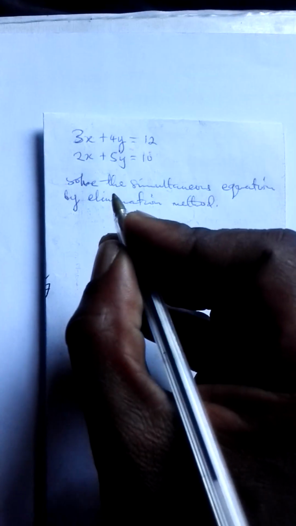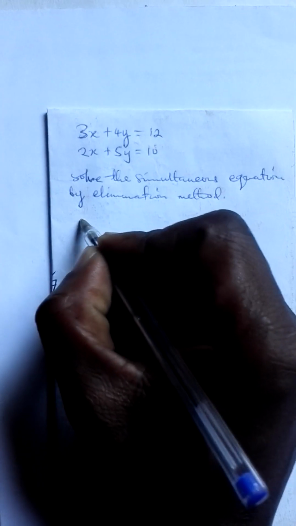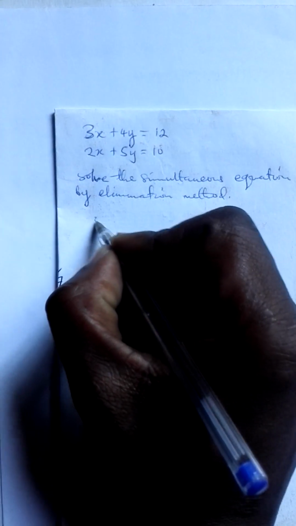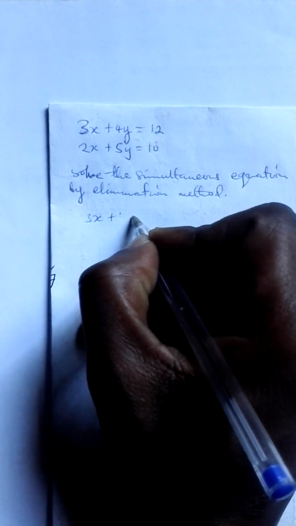Solve the simultaneous equation by elimination method. So, how do you go about this? Let's make these two equations: 3x plus